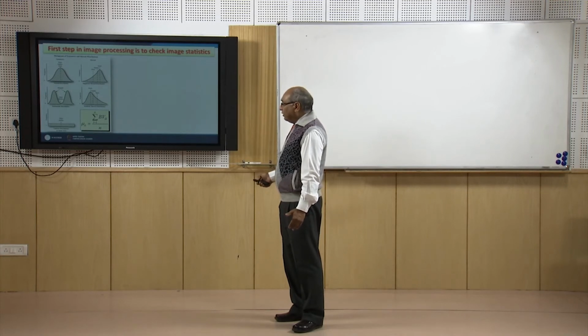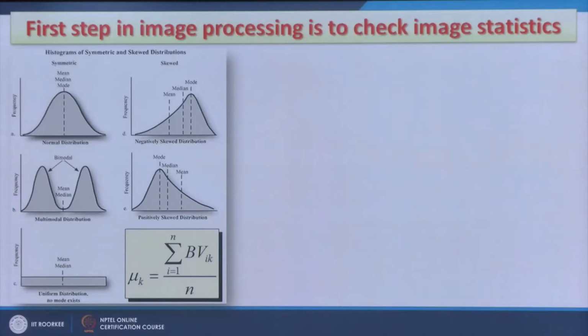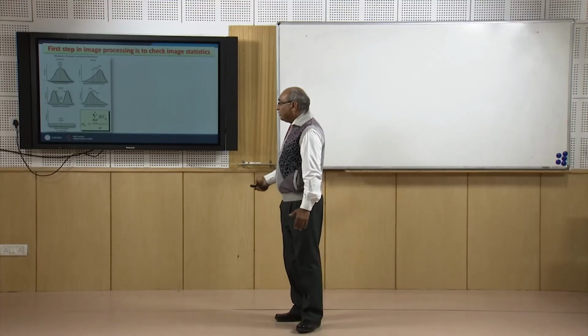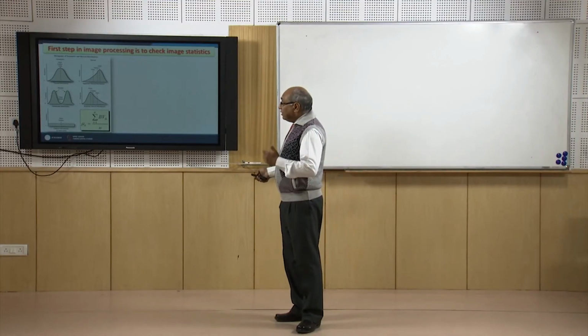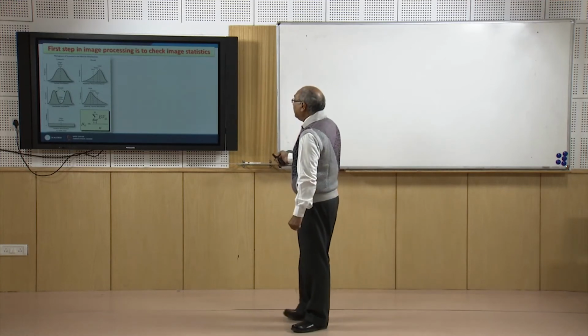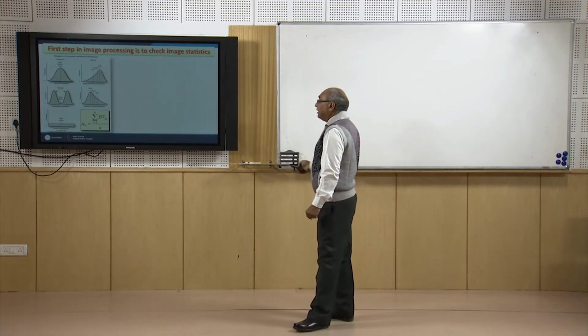So, it depends. If it is a desert kind of area, I may get a distribution something like a uniform distribution, or if it is a water body or a completely dense forest, I may get a completely different distribution. So, based on this, this is the first step as mentioned here in the image processing, to check the image